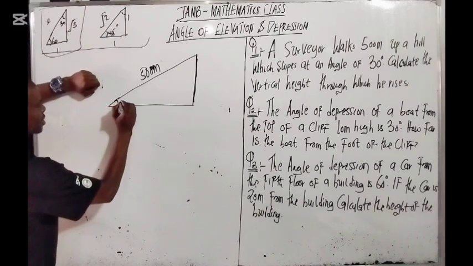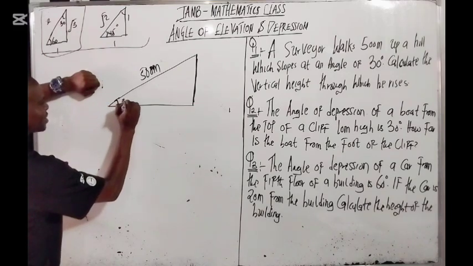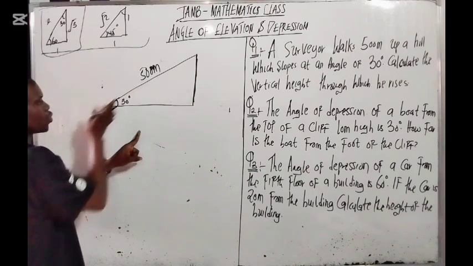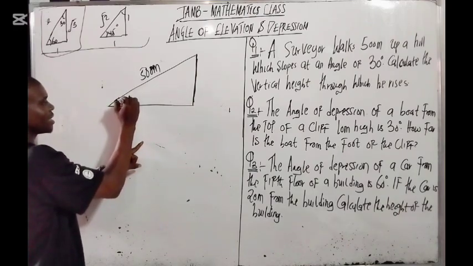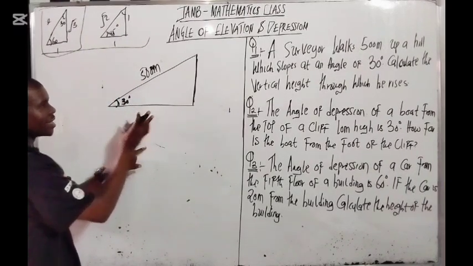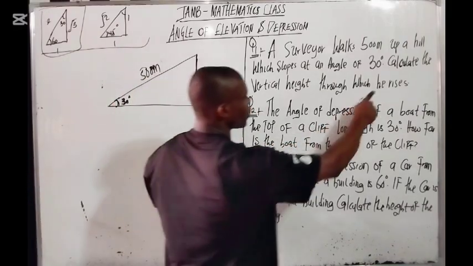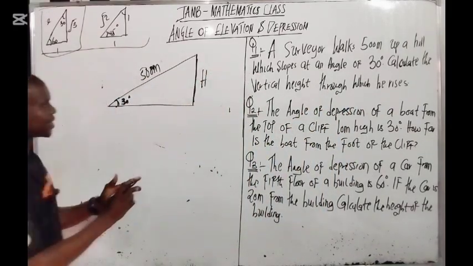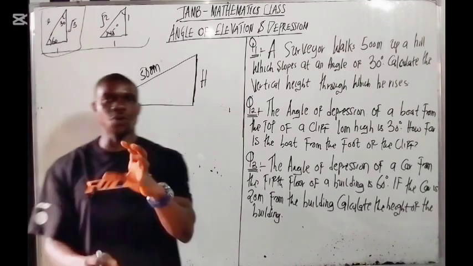The angle is 30 degrees. Do you see that? So that is the slope, and the angle here is 30 degrees. Do you understand? They say to calculate the height at which it is raised. Can you see that? So the first thing I want you to understand here is that